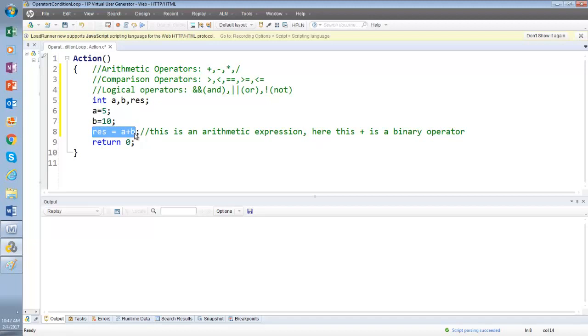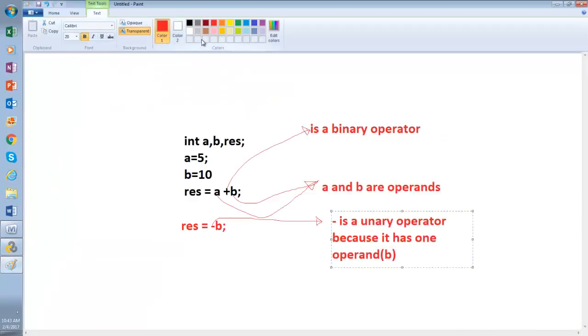Now if the result was equal to minus A minus B, is it a binary operator? It will be binary because there are two sides. But the result is going to be minus something, right? See here, result equal to minus A minus B. There will be minus, first bracket A plus B.